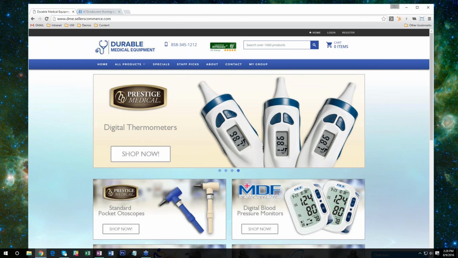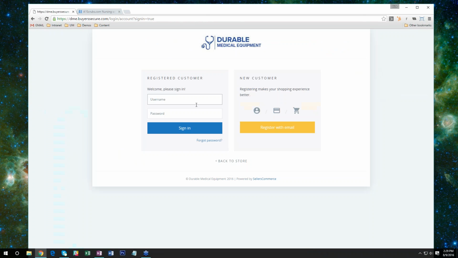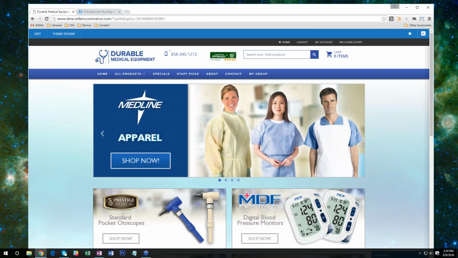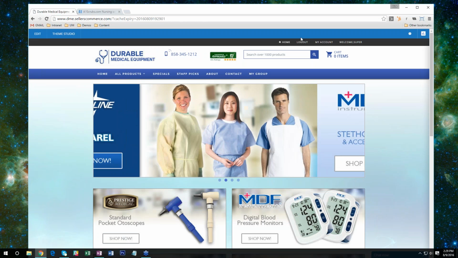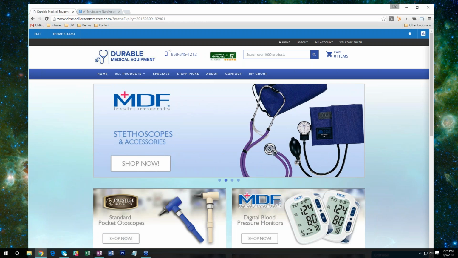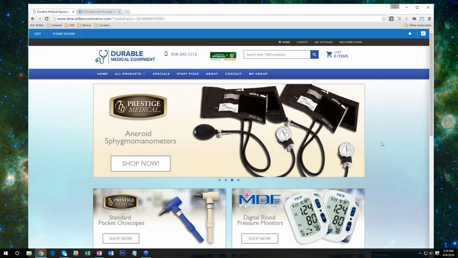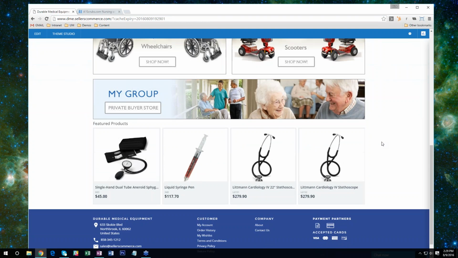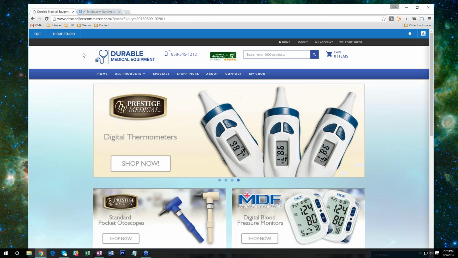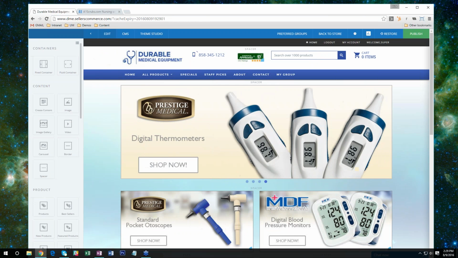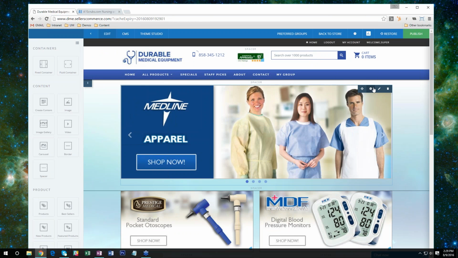So if I'm on the front end of my website right here and I click login, now instead of logging in as those shoppers that we saw, I'm logging in as a store administrator. As soon as the system recognizes me as a store administrator, it provides now a tool up here at the top which allows me to edit everything about the content on the website. What do I mean by that? I'm on the home page right here. If I click edit,